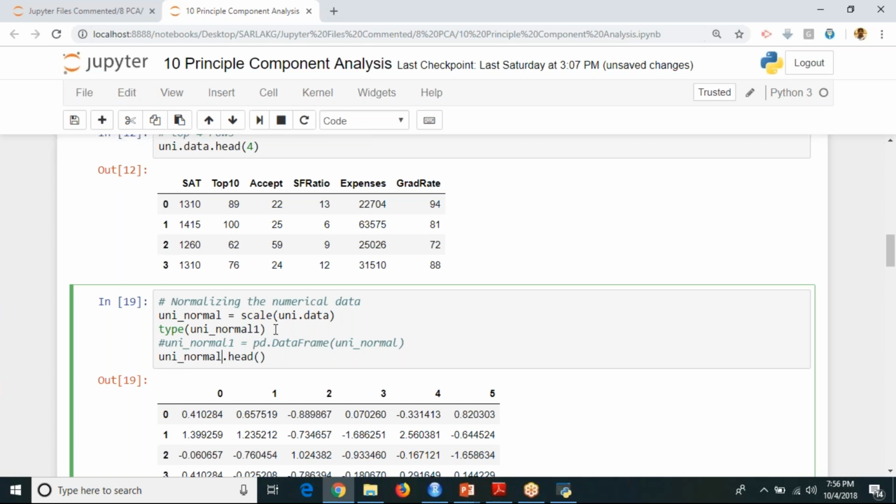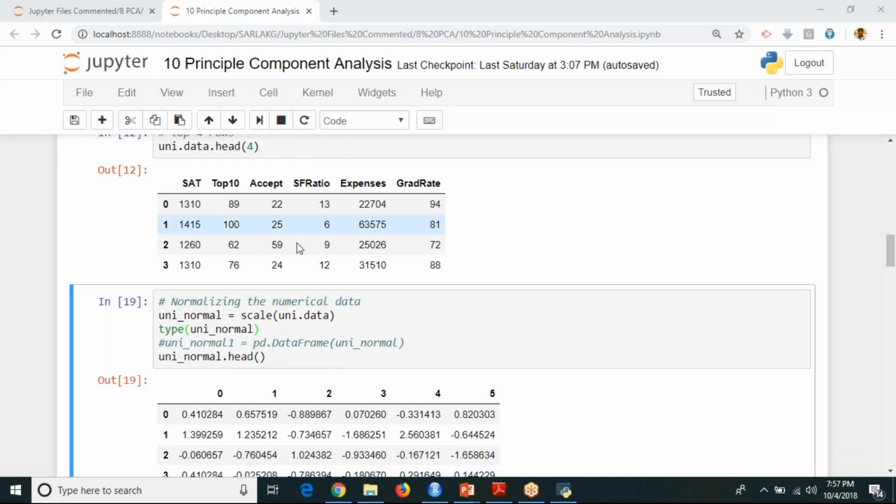Yogesh, when you're doing the scaling, why are the column names getting changed to numbering from 0? Can we put the original names back? No, you cannot put it back automatically. If you want, you can hard code it again. You can rename and reassign it. It doesn't make much sense to keep numbers, right? Because if you are working on a project, you'll be able to understand it in an easier way. If you want, you can rename 0 to top 10, 1 to top 10 acceptance ratio. You can do that. That's not a big deal.